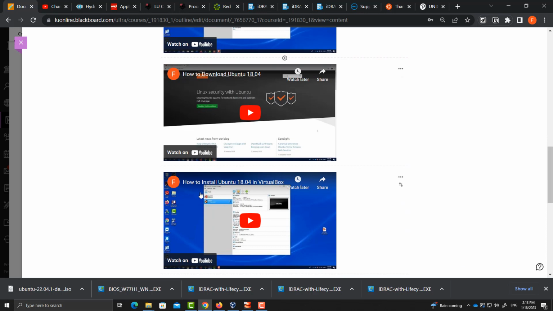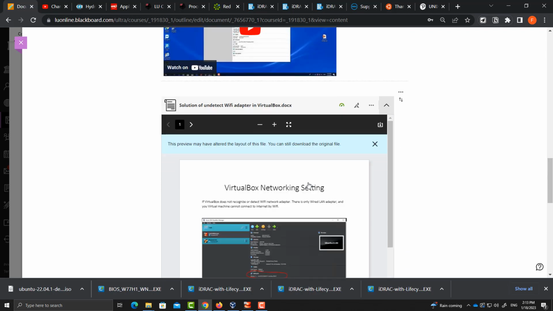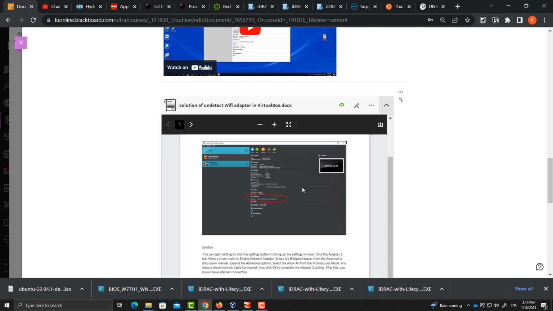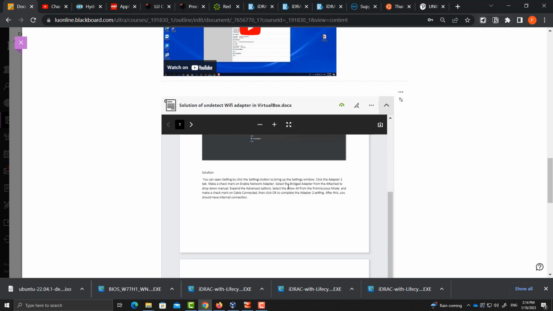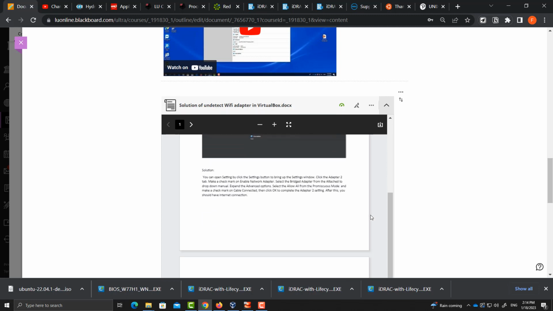I did not find any problems. The only thing is that when I installed on my laptop, the Wi-Fi adapter was not detected by default. So I went online to look for solutions. One simple way to fix it, I put this documentation underneath these videos in the media folder. It is called Solution of Undetected Wi-Fi Adapter in VirtualBox, a DOCX Word document. Basically, it is very simple.